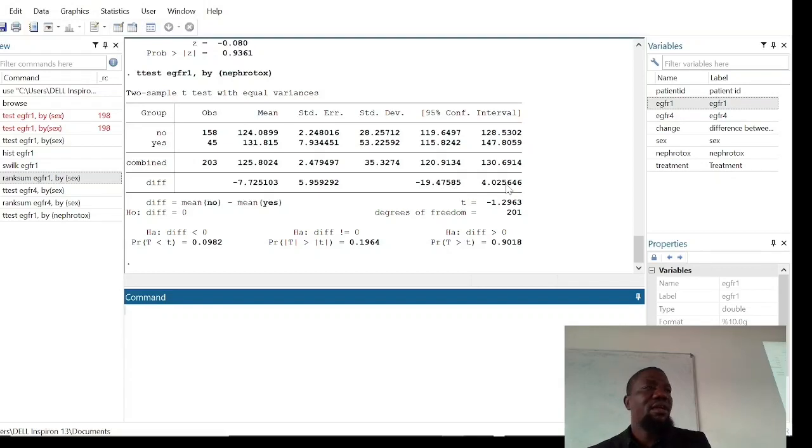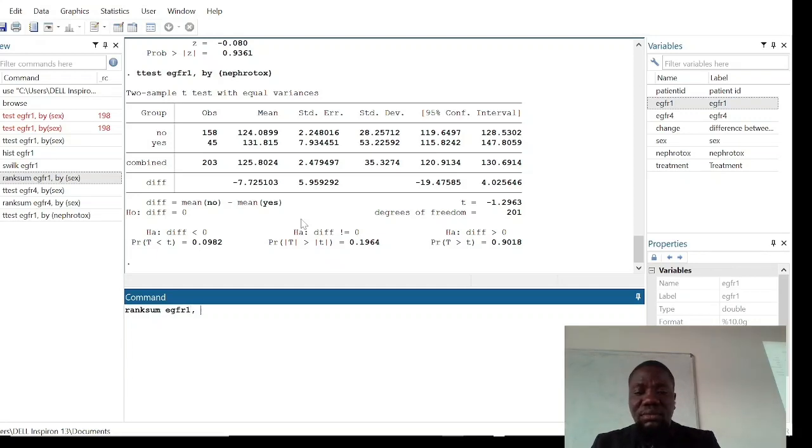Actually having a 0 in between there. This is using a t-test. So you know that the variable EGFR is not normally distributed. You don't want to use the t-test. You want to use the Wilcoxon rank sum test. So you say rank sum